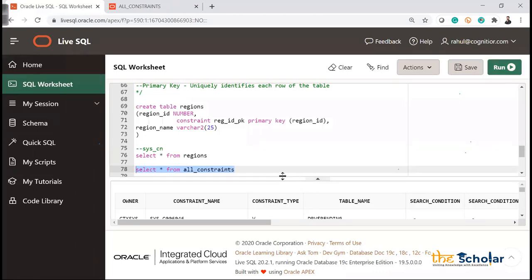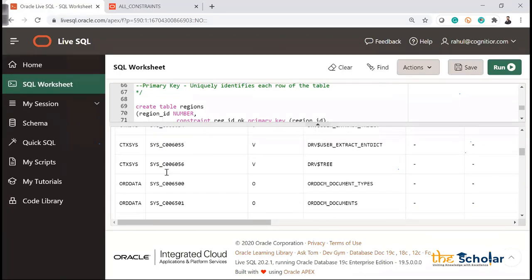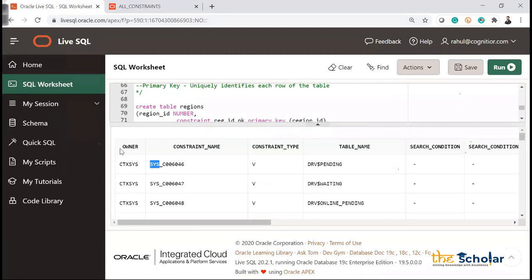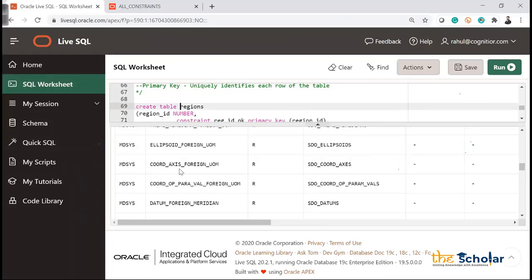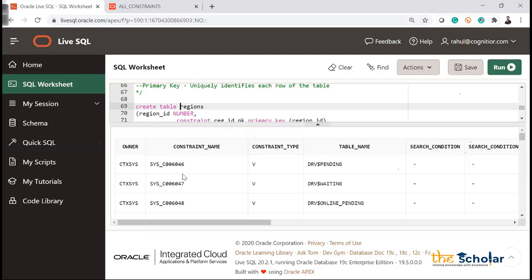Now if you see here, you can see that I have the constraint name. I told you, right? It will give me something like SYS_C and then some number. This type of value we will get. Here you see owner. Now what owner I have, I'm not sure because it's a temporary space which Oracle is giving me. So what I can do is try to search my table name. If you see, the table name is also there.